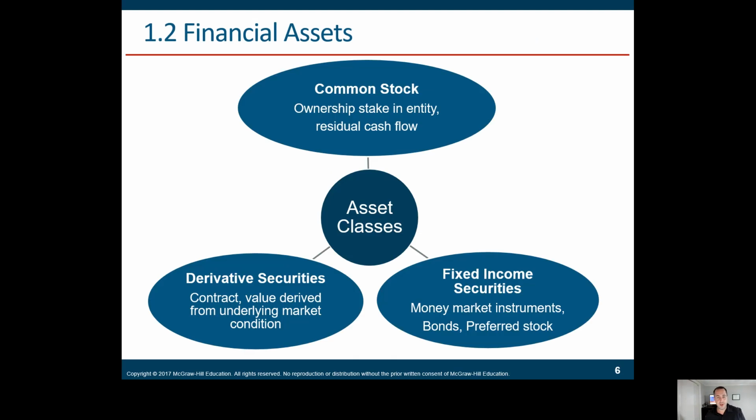So financial assets also can include common stock and derivative securities. Think about options. I know right now, and I don't advise this, Robinhood is very popular for options investing. And there are also fixed income securities. Many investors, the professional ones, when they want to get safe, will move from stocks down to bonds before moving to cash or gold. So bonds are traditionally a pretty safe asset class.